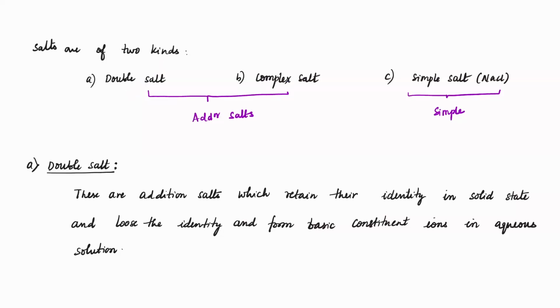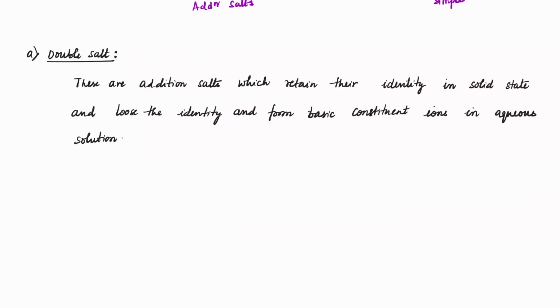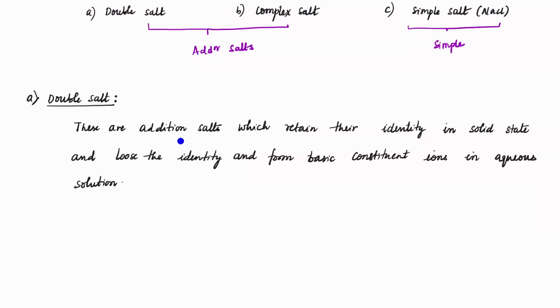What do you mean by double salt? These are those addition salts which retain their identity in solid state and lose their identity and form basic constituent ions in the aqueous state. What does that exactly mean? Suppose